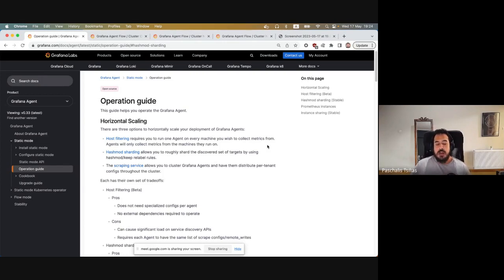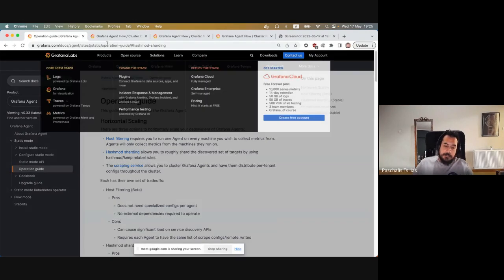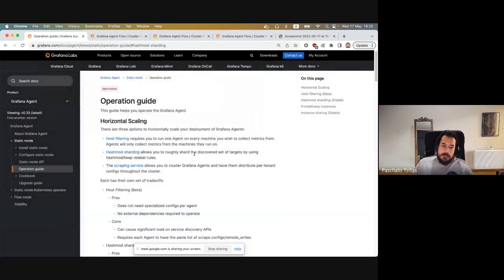You have to scale the agent for your needs. And that was true for static mode, but when we started to mature Flow as the way to run the agent, we thought there was a better way to go about things. And this is how the whole idea of clustering came about. Clustering should allow you to run the agent in a highly available mode, being able to dynamically scale up and down to meet your workload. And we're soon going to publish some documentation around how to run the agent